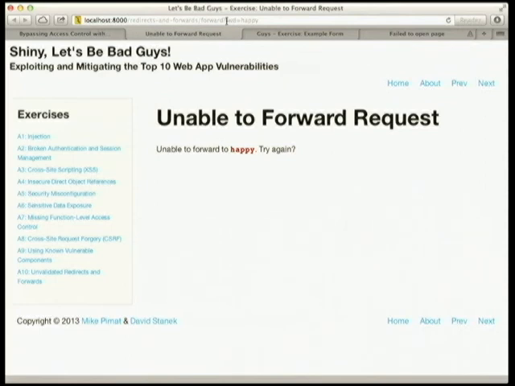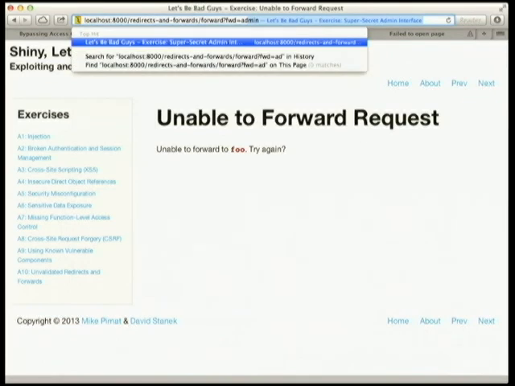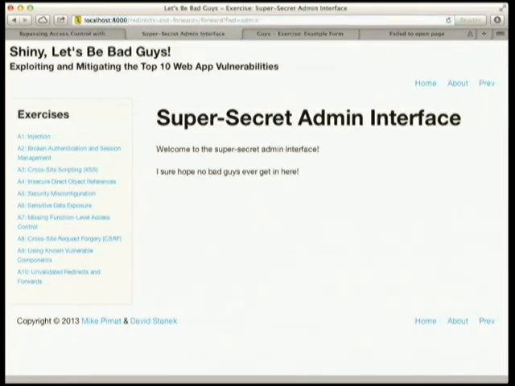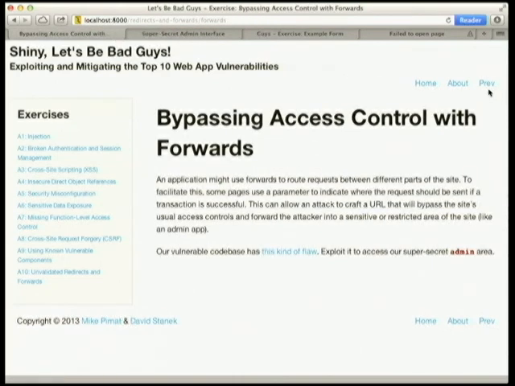Oh, look at that. So this is telling us we're going to forward to the happy URL, or the happy control view. But we can't. So I wonder what other stuff there is. No, there's no foo. Is there an admin? Hey, it's a super secret admin interface. And now your day is bad again. You're getting paged. Life is bad. And that is the last of the